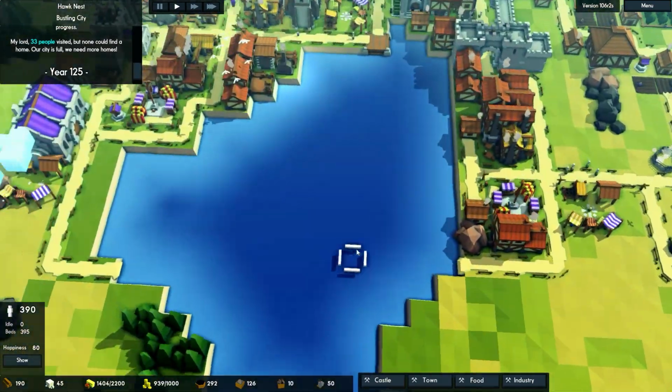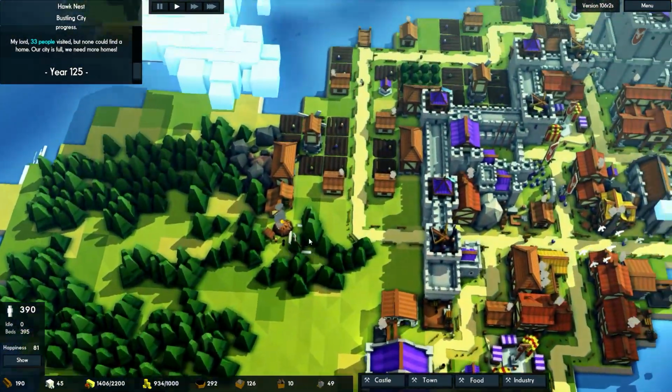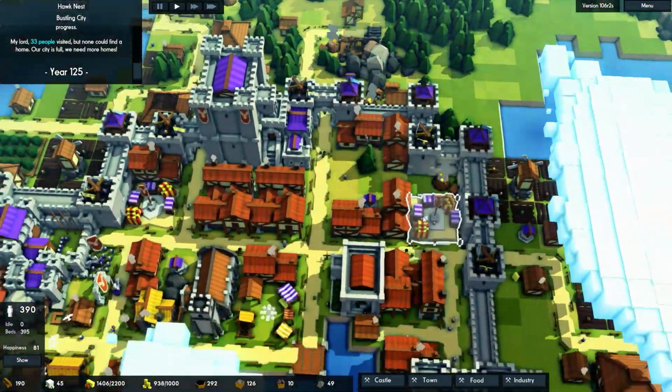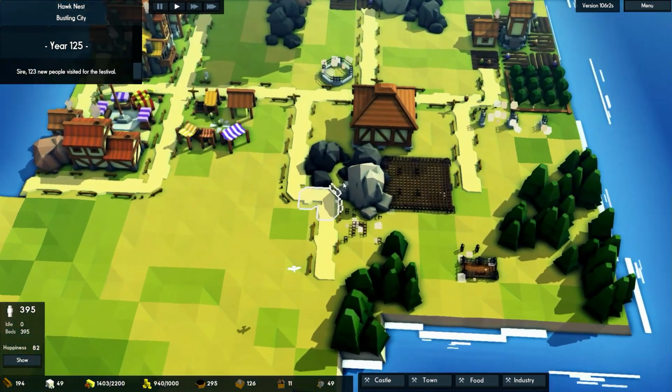We'll also build a larger stockpile. We'll do probably the same over here. We'll probably do another quarry and another forester's hut. I think everywhere else is fine. And at this point, we're pretty much done building our industry. And we can just focus on large